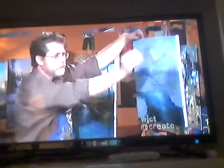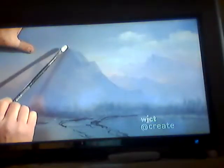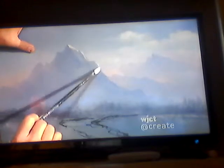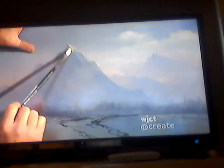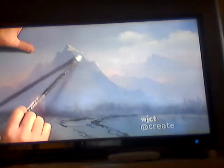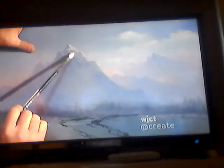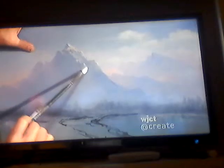Alright, notice where I'm holding my brush. Now, I'm going to take my brush like this, and I'm going to start making these nice little irregular shapes to kind of suggest the movement of the masses of the granite formations. You have to be very careful with this because what you don't want to do is get just